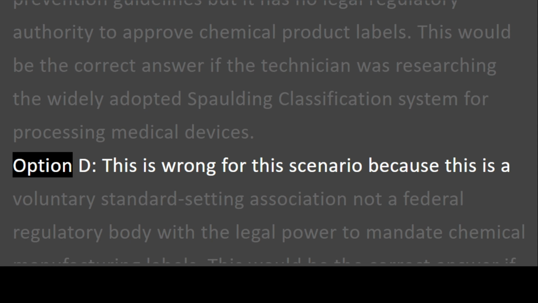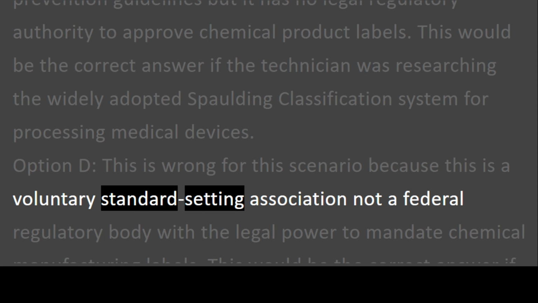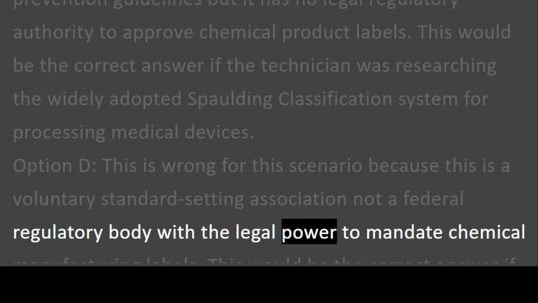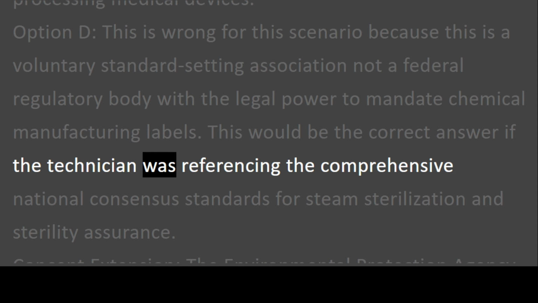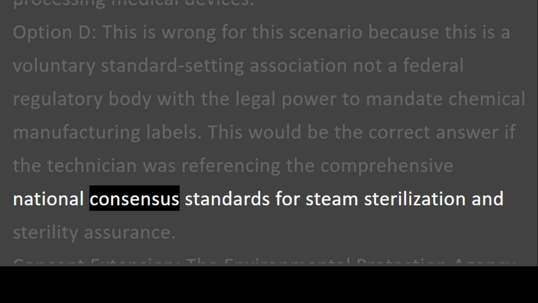Option D. This is wrong for this scenario because this is a voluntary standard-setting association, not a federal regulatory body with the legal power to mandate chemical manufacturing labels. This would be the correct answer if the technician was referencing the Comprehensive National Consensus Standards for Steam Sterilization and